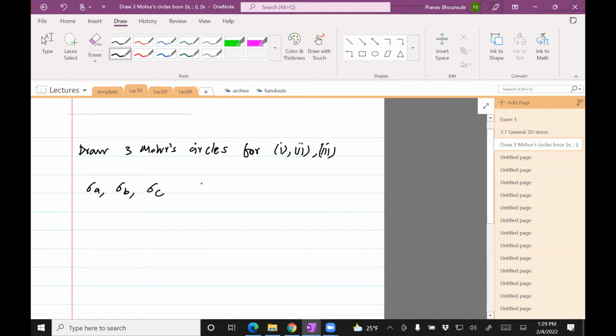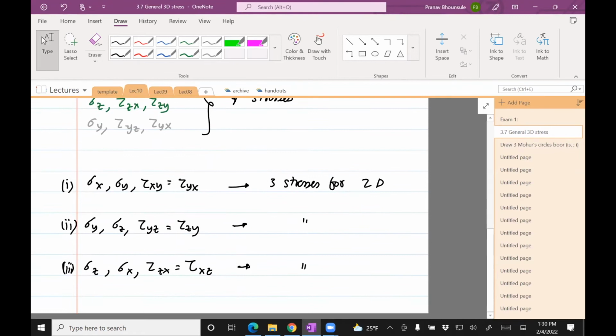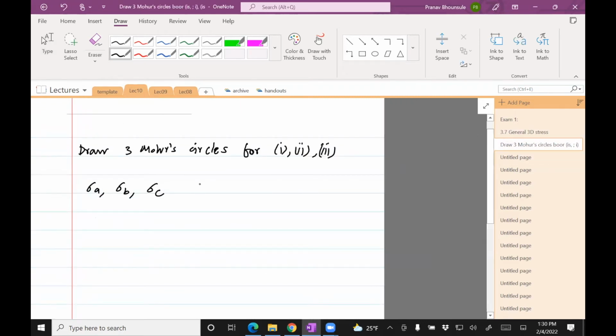So even though you do see that there'll be 6 principal stresses, right? The first equation, the first line gives two principal stresses, the second line gives 2 principal stresses, third line gives 2 principal stresses, 6. But what you'll see is that you actually end up with only 3 principal stresses. Those values from one of the principal stress from 1 will match the principal stress for 2 and so on. So what we'll do is once we have these principal stresses,